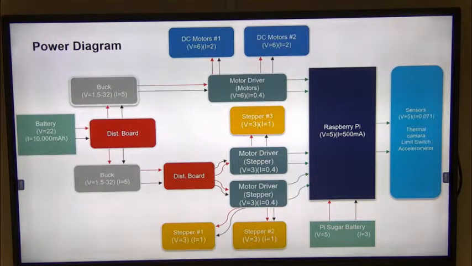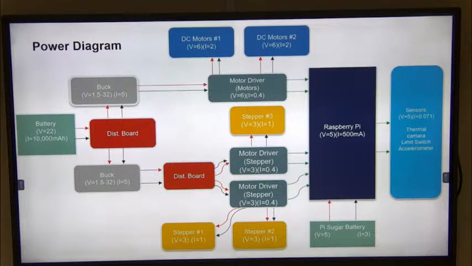This is a power block diagram where we can see a schematic of the circuit. We can see the power, the battery, that goes to a distribution board, that goes to two DC buck converters, and goes to the motor drivers that go to the DC motors. Then the other buck converters go to a DC board that goes to two motor drivers that power the three